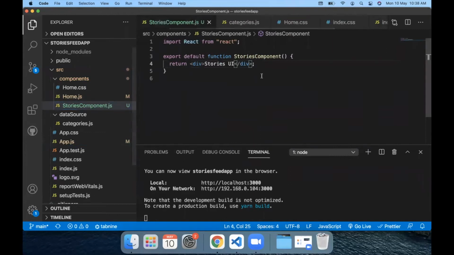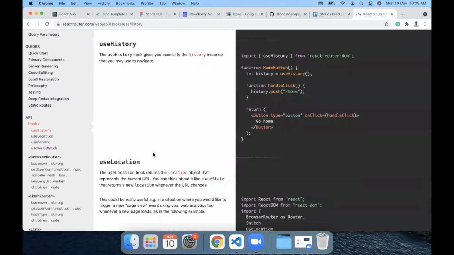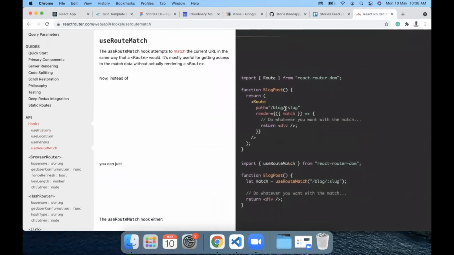Now coming back to the stories component, I need that category item to show the story related to a particular component. For that, we are going to use the match, which is useRouteMatch. Whenever you pass a variable name using this colon operator, we can use useRouteMatch to get the actual name.